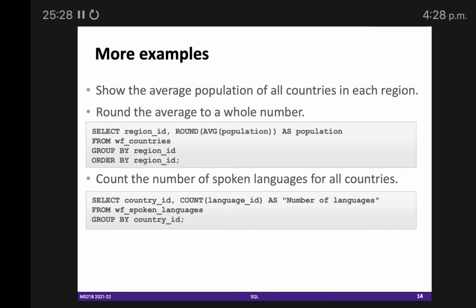Sorry? Can you repeat? To give an alias, yeah, right.